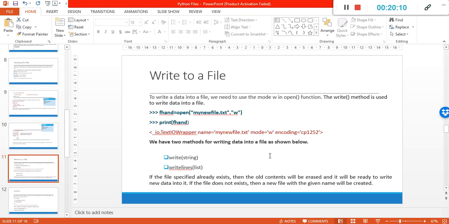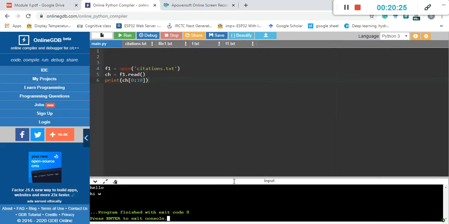So next, coming towards writing the file. When I try to write the contents to a file, the first thing is we need to open the file, and whatever string you want to copy, from a string to the file or from one file to another file. So I will go through this again. f1 is equal to, say for example, f2.txt which does not exist. Now I have to open the file in write mode.